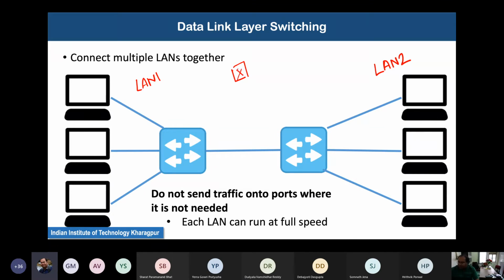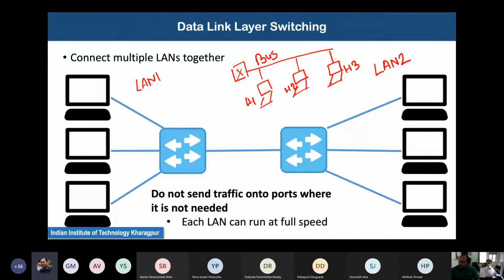So you have a switch. On this particular switch, you have a common wire, and different machines are connected with this wire. This wire used to be called a bus, a data bus. The idea of the bus topology was that if you send any data on this bus, all these different machines, say H1, H2, and H3, will receive that data. But the bus topology is not used nowadays. It has been deprecated.